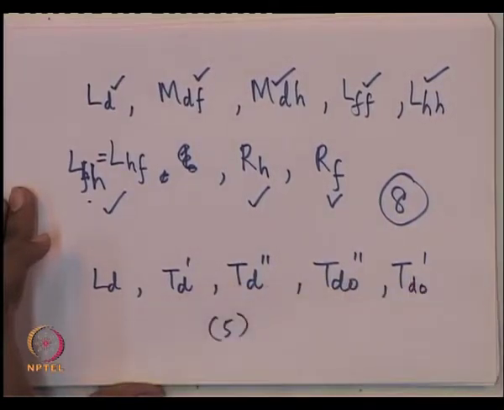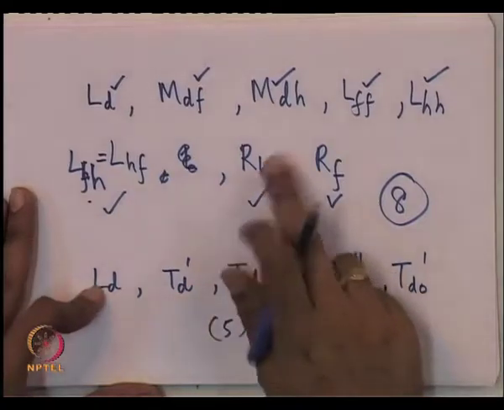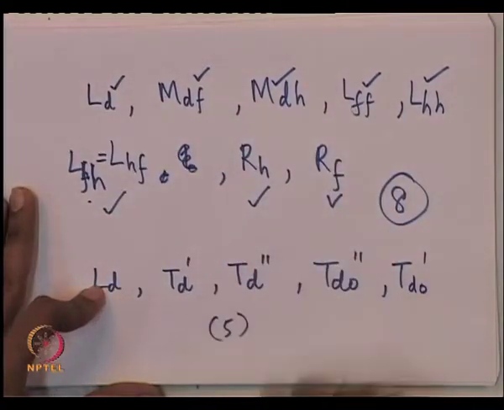We have got these time constants. From these time constants, I cannot back calculate 8 values from these 5 values. Okay. Remember, of course, that